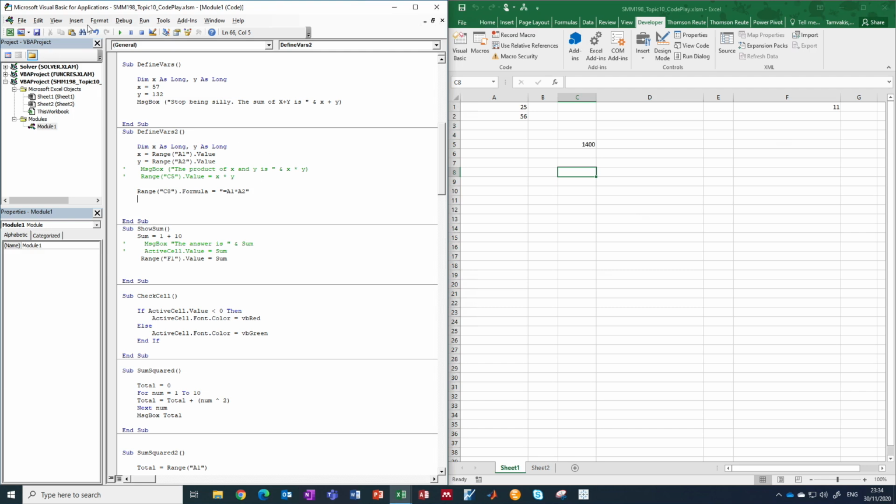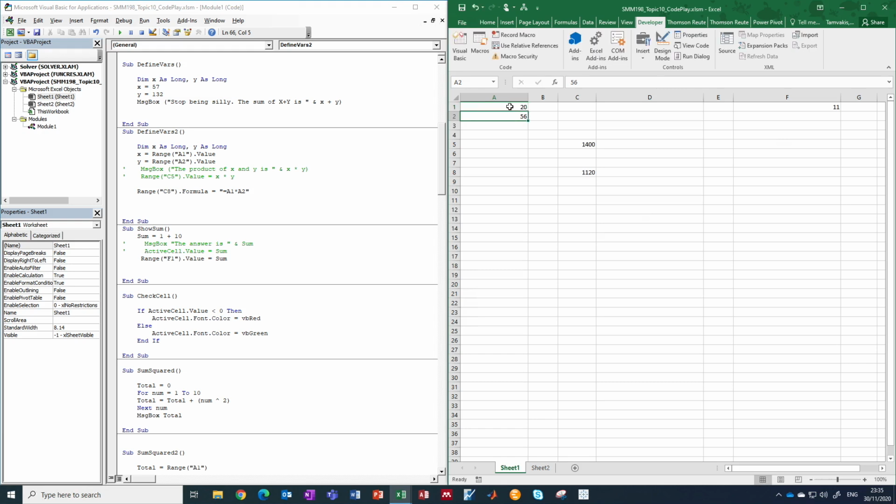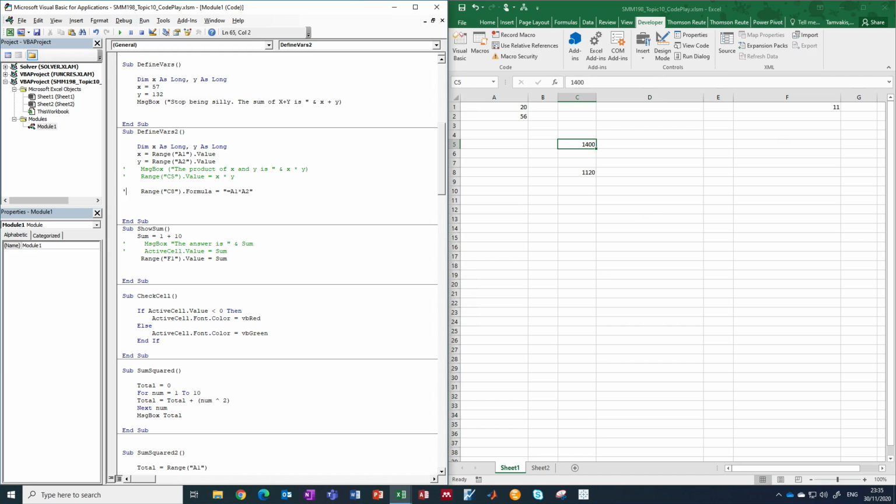So now we are going to run this sub, and this time you get the same result, 1400, but this 1400 is calculated because we inserted the formula. So if we were to go back and make this, for example, 20, you see what is in C8 changes because there's a formula which automatically changes, whereas what is in C5 remains the same because it is a number which we calculated previously. So this number will change when we rerun the sub. So I'm going to comment this out. So if we rerun the remaining lines and press run,